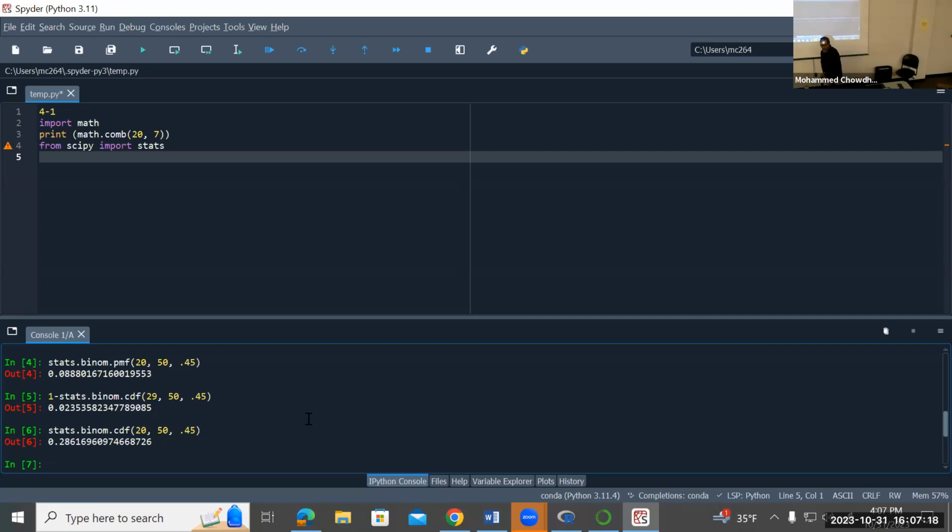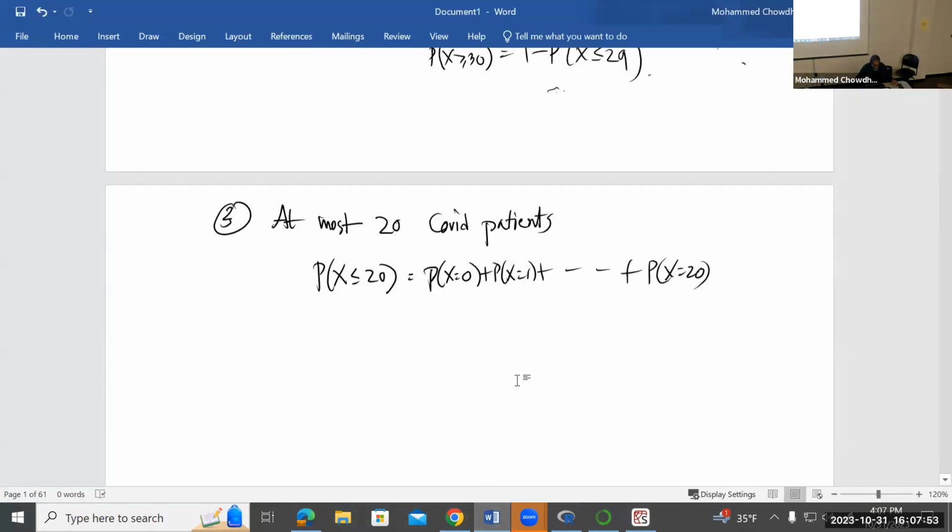Okay, how do you know a problem is a binomial problem? By reading the question. If you see there are two categories, yes and no, disease, no disease, head, tail, winner, loser, failure and success, and the success probability or failure probability is given, and the total number of trials is fixed. If you read the question and you find these three things,